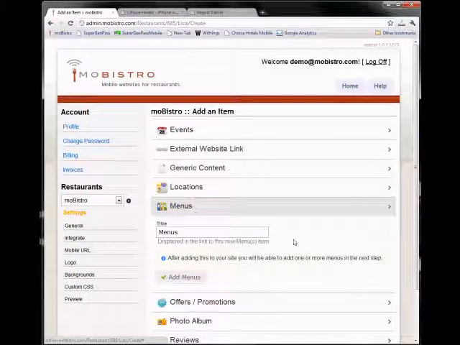So, in order to add a menu, basically just add a new item, add a menu. You can add multiple menus in there. So, people have breakfast menus and dinner menus and lunch menus and so on. We're going to add dinner menus. So first we add a menu,